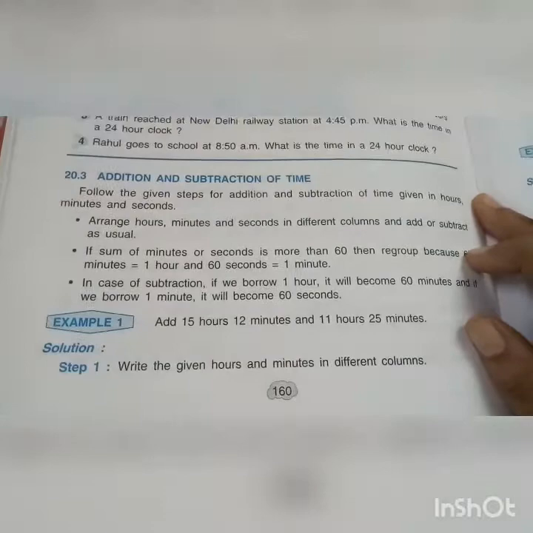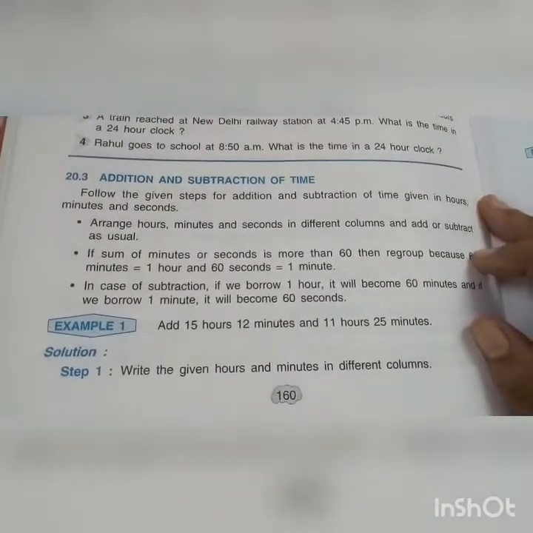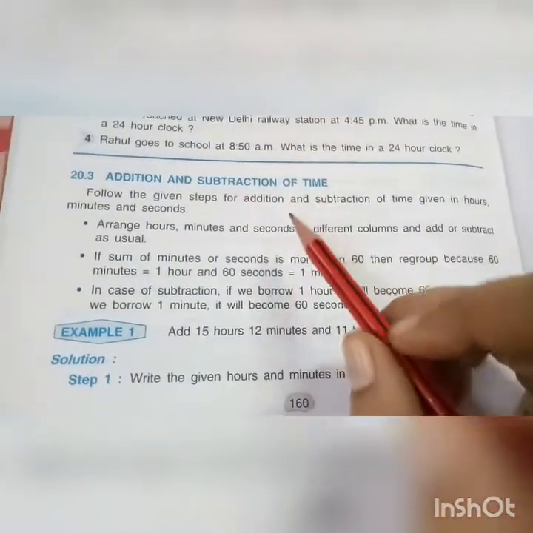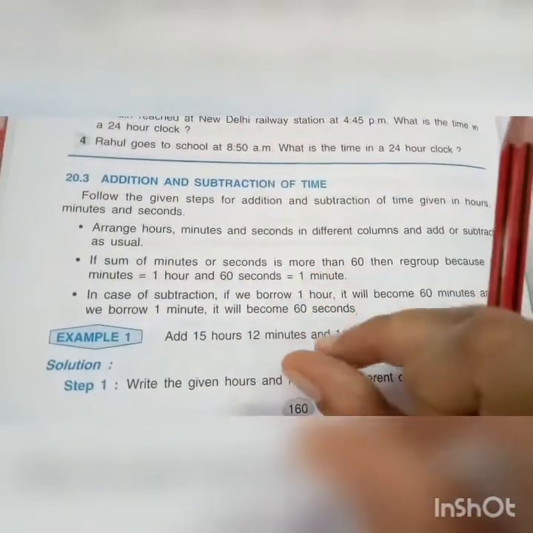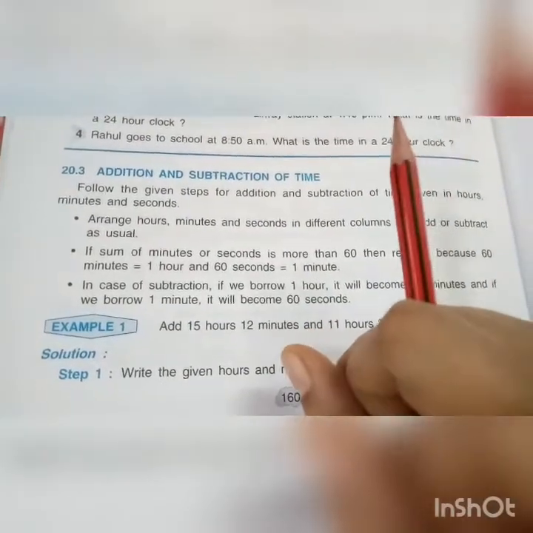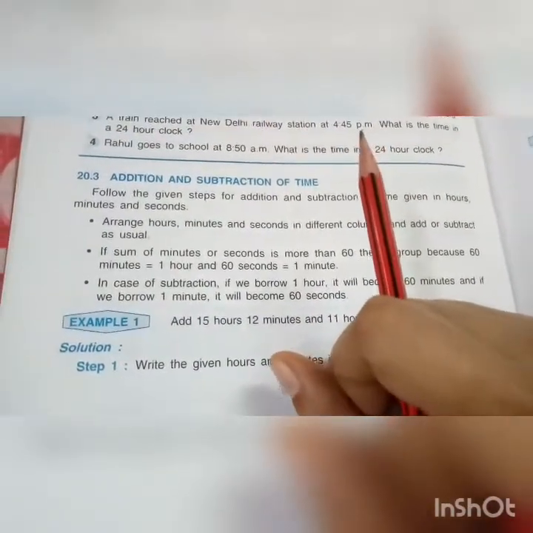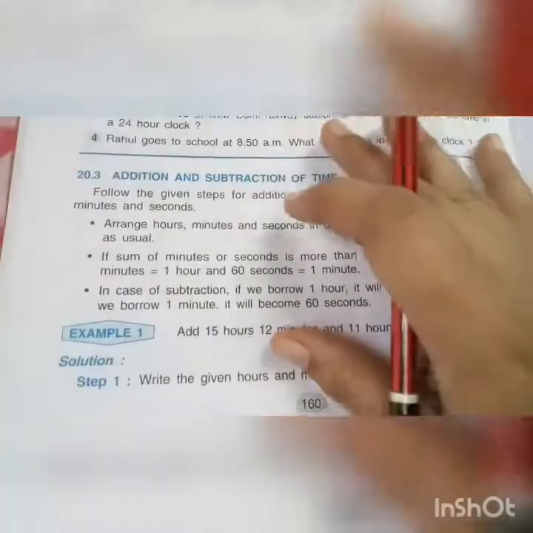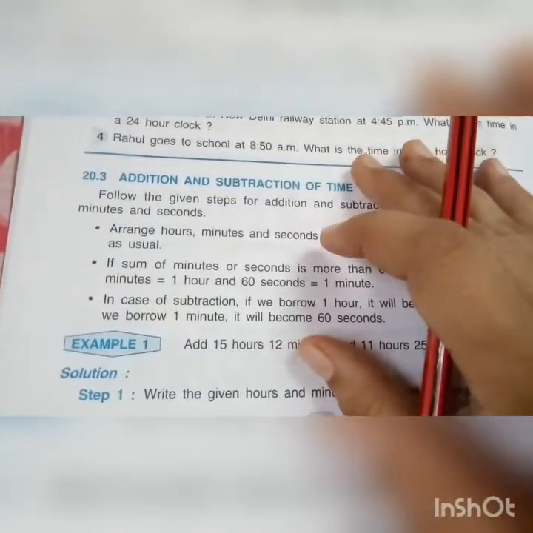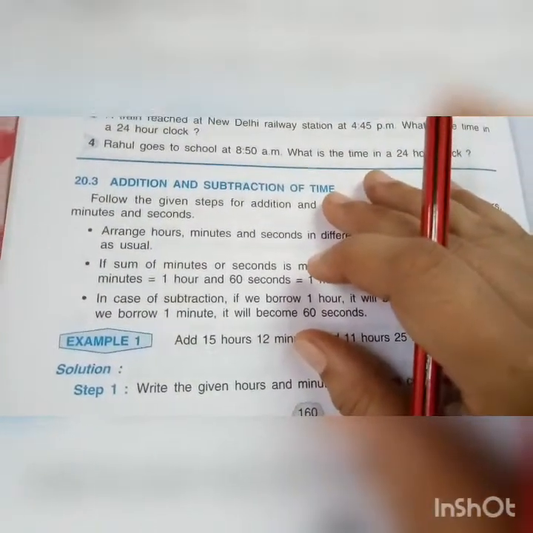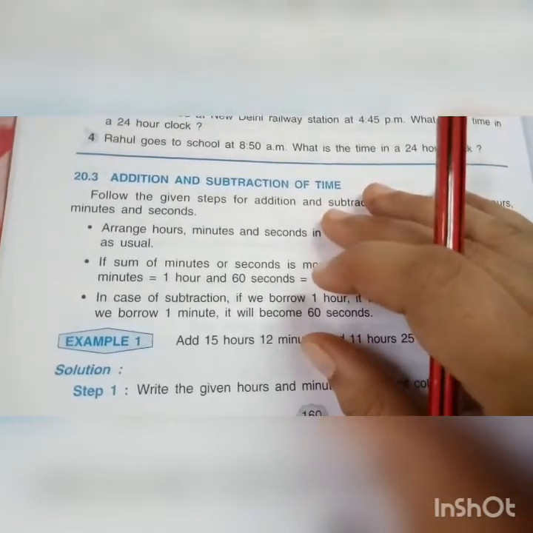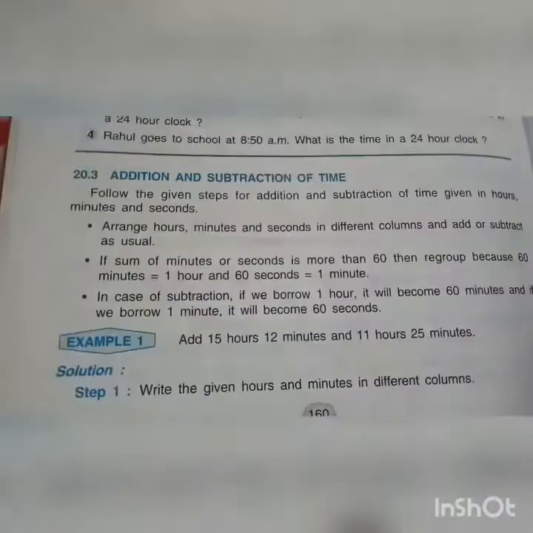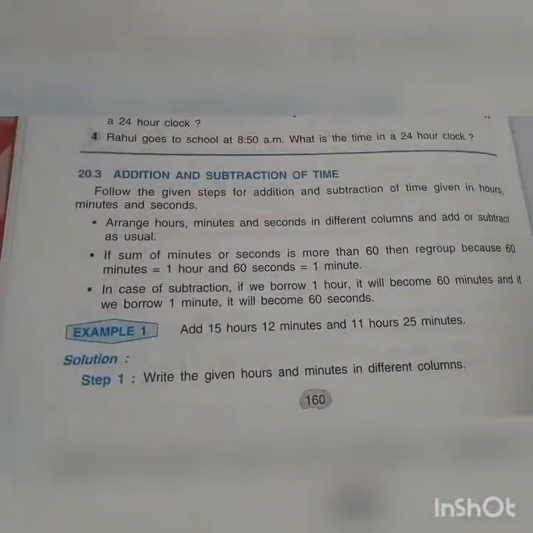Class 5, today we are going to start the next portion of the time chapter, that is addition and subtraction of time. This is a very important part of the time chapter, where you should know how to convert if the addition comes more than 60. Suppose minutes and seconds are given, and by adding, the seconds come more than 60, then what do you have to do? You have to convert those seconds into minutes. So how do you write that? Let's start.